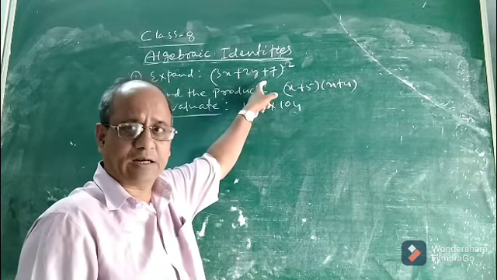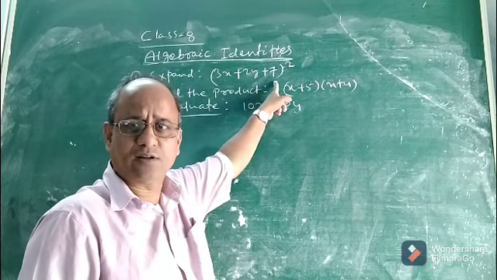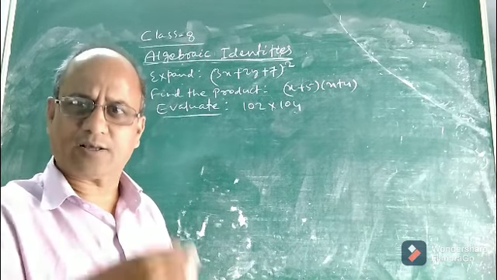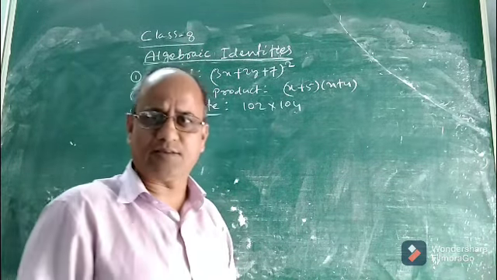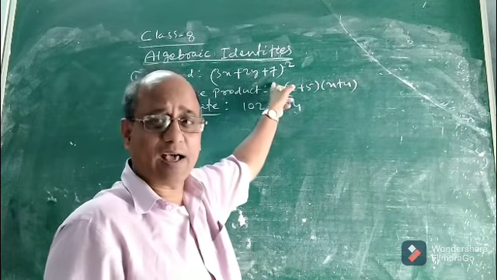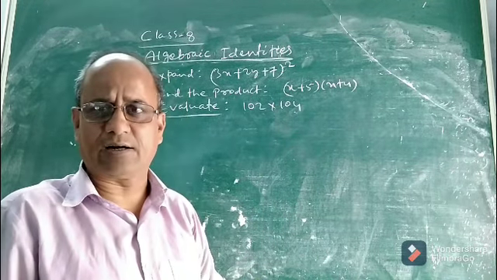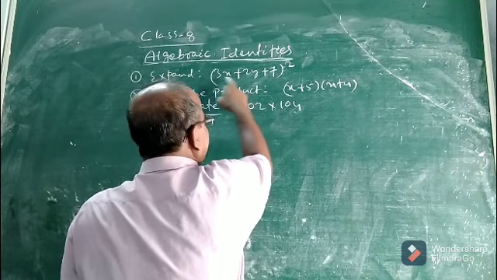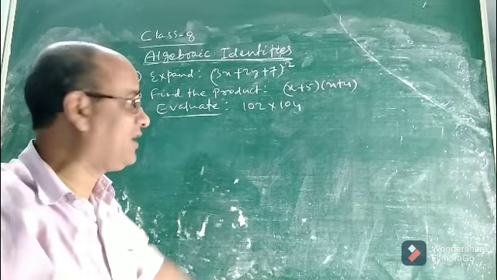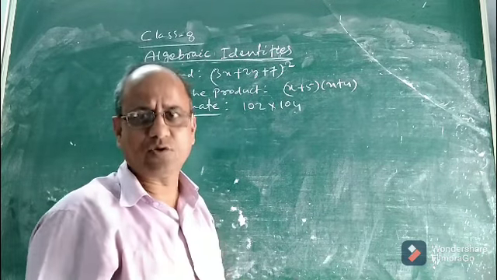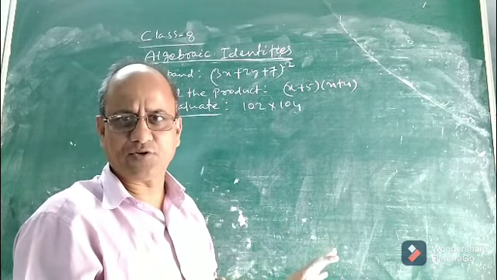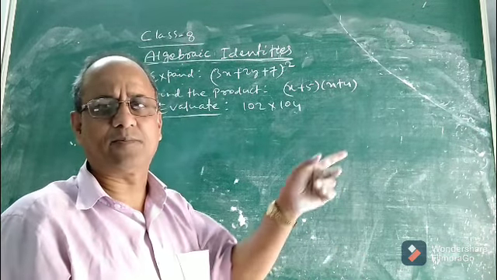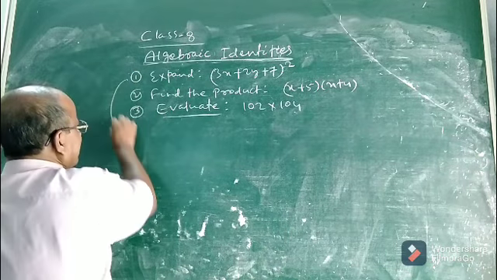Now look at this question directly. This is a direct application. The question is: expand. Expand means to find the expanded form. What will be the expanded form of this? Now this question is a direct application of the fifth algebraic identity, (a plus b plus c) whole square, because 3x plus 2y plus 7 is a trinomial and we are asked to find its square. So no doubt it is a direct application. It is directly in the form of the fifth algebraic identity, (a plus b plus c) whole square. Now let us find the solution.